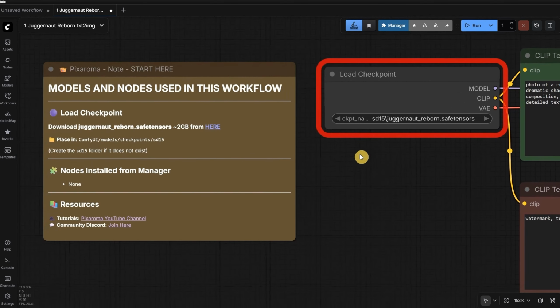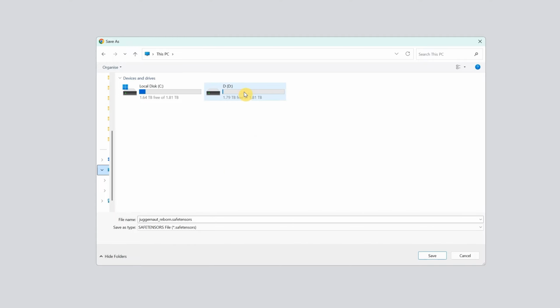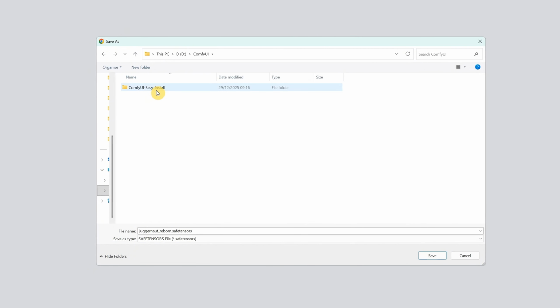You already saw where it needs to be placed, but how do you find that folder? You need to find your Comfy UI folder. This depends on where you installed it, on which drive, and in which folder. You navigate until you find the Comfy UI folder. In our case, it is inside the Comfy UI Easy Install folder. If we go